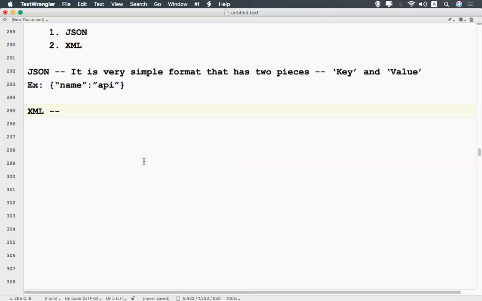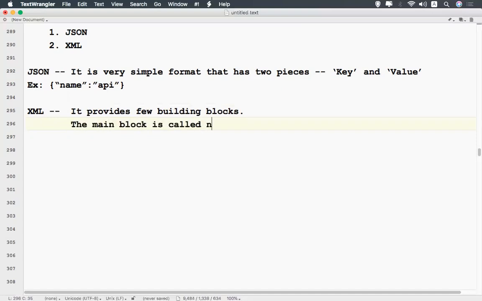Okay, so it provides a few building blocks, and the main block is called a node.